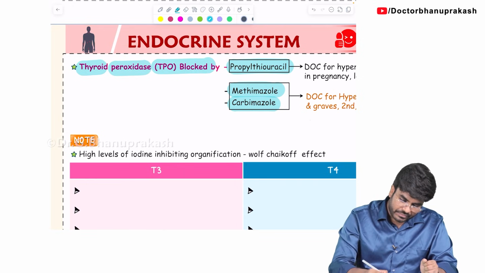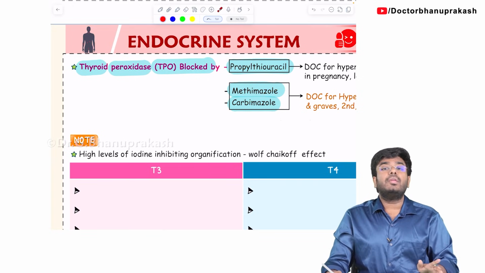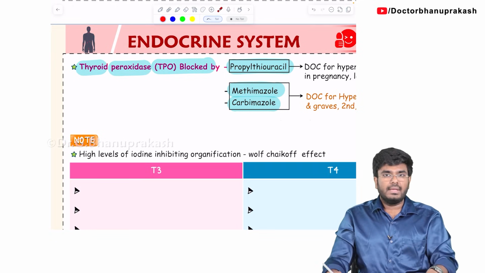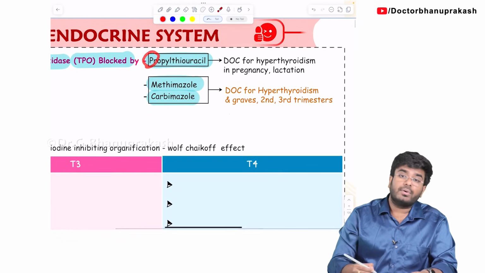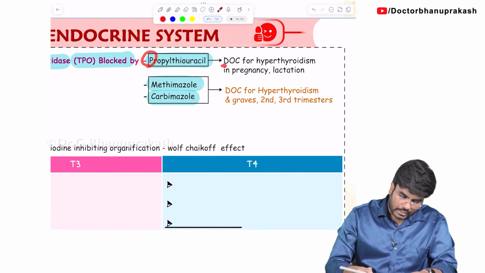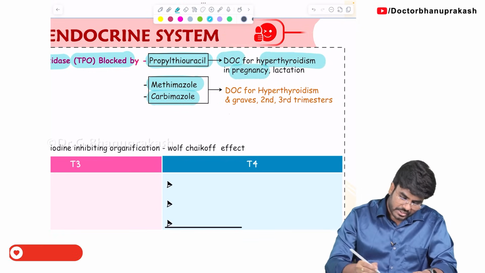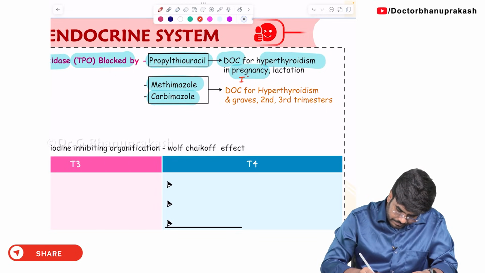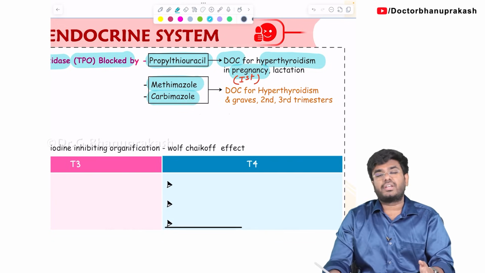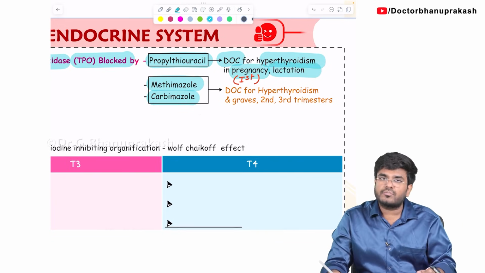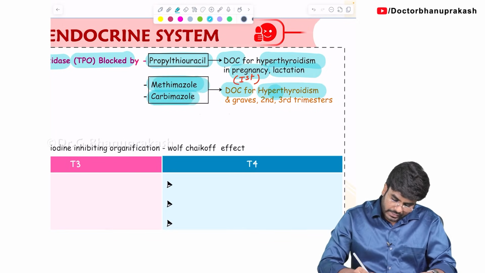So these drugs, propylthiouracil, carbimazole, and methimazole, are anti-thyroid medications. They can be used in the treatment of hyperthyroidism. They can decrease the T3-T4 hormone production. Look here, propylthiouracil, P for P. Propylthiouracil is the drug of choice for hyperthyroidism in pregnancy. Which trimester? Especially the first trimester of pregnancy, and it is also used during lactation. So during lactation as well as the first trimester of pregnancy, propylthiouracil is the drug of choice, and carbimazole and methimazole are the drugs of choice for hyperthyroidism during the second and third trimester